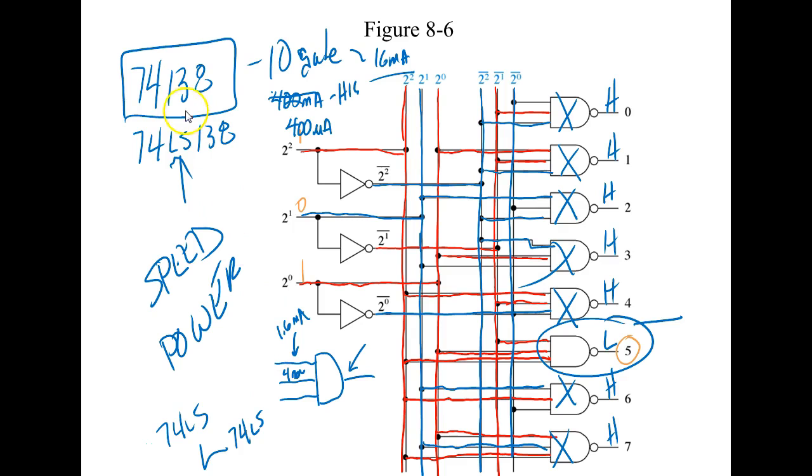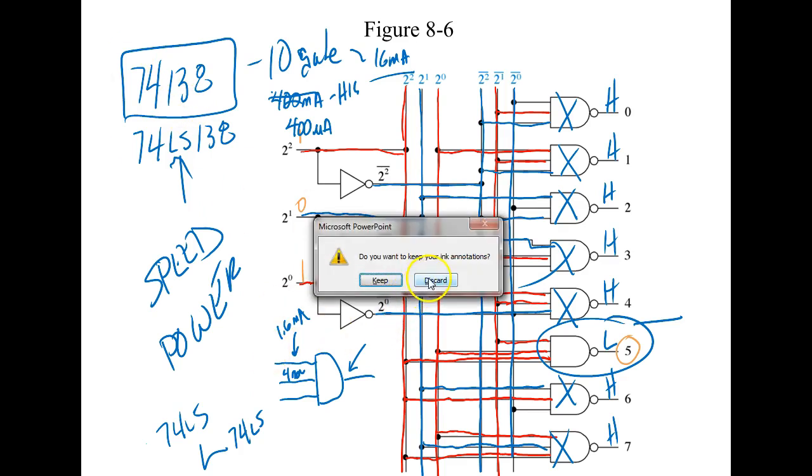You understand that? The problem we have, guys, is that we got so many different families out there. So I've got LS and all these different families, and we use them depending on what situation they're in. So if I say a 74138 has a fan out of 10, that means if it was driving standard gates, but what if it was driving LS gates? Well, that means nothing anymore because LS requires less input current. So what we do,